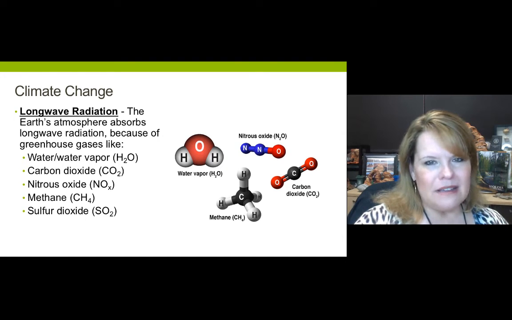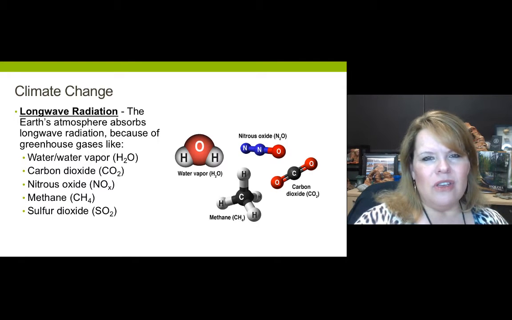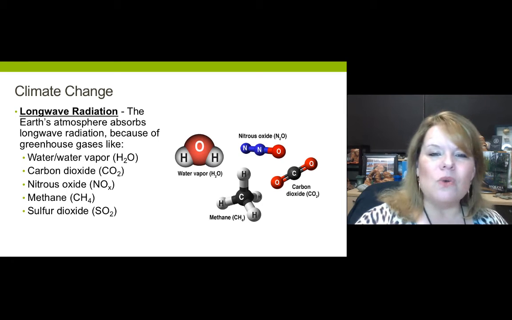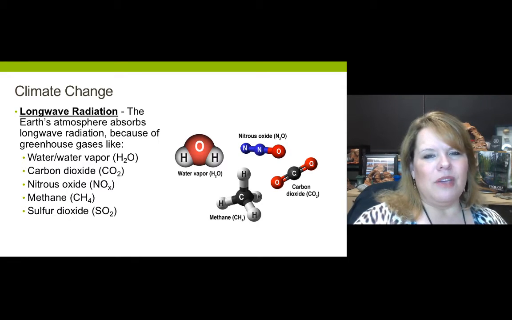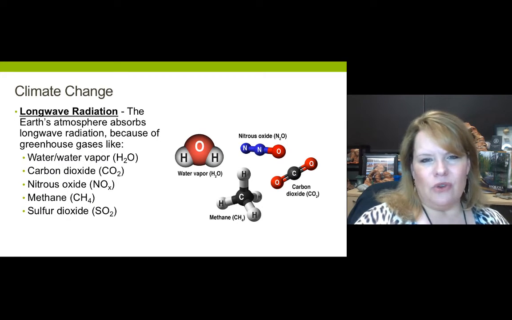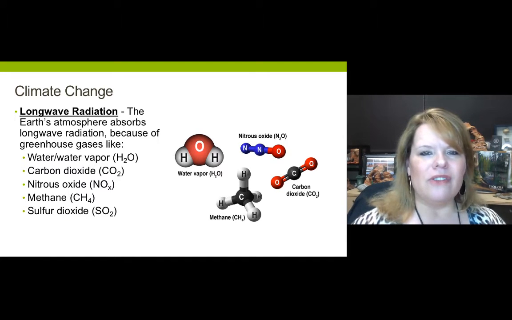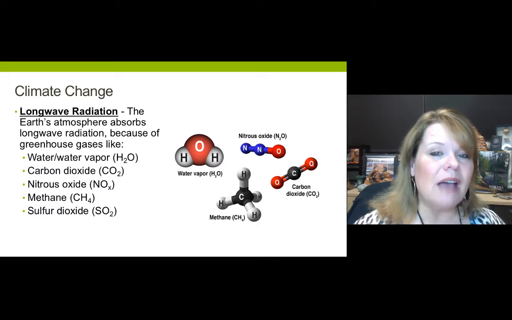They absorb heat because they absorb long wave radiation. Then of course we've got methane, which holds substantially more heat than carbon dioxide per molecule. And then last but not least, we have sulfur dioxide, and that is going to be the stuff that we know as SO2. Regardless of which one of these things they are, greenhouse gases, if we have too much in the atmosphere,